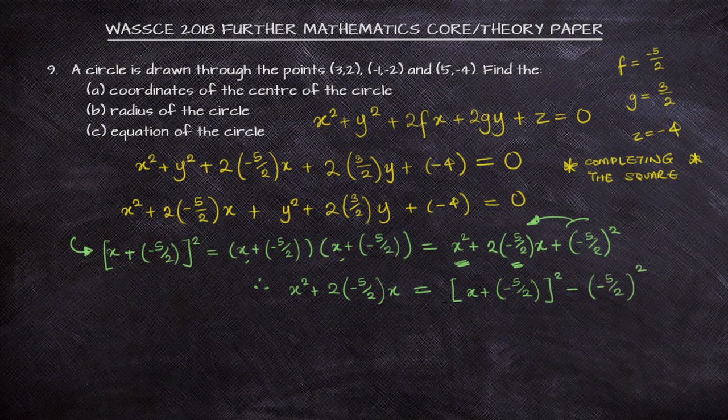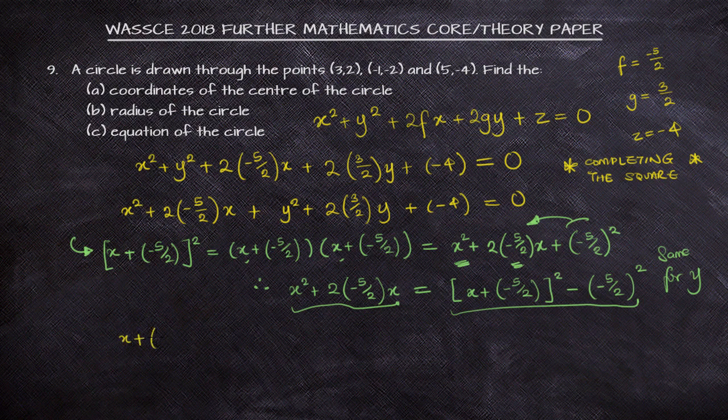Now, I took the time to explain this because I'm going to substitute these values into this equation, and we can do the same thing for y. Instead of writing x squared plus 2 into bracket minus 5 over 2x, we are going to write this expression on the right hand side. So, if you are to do that,